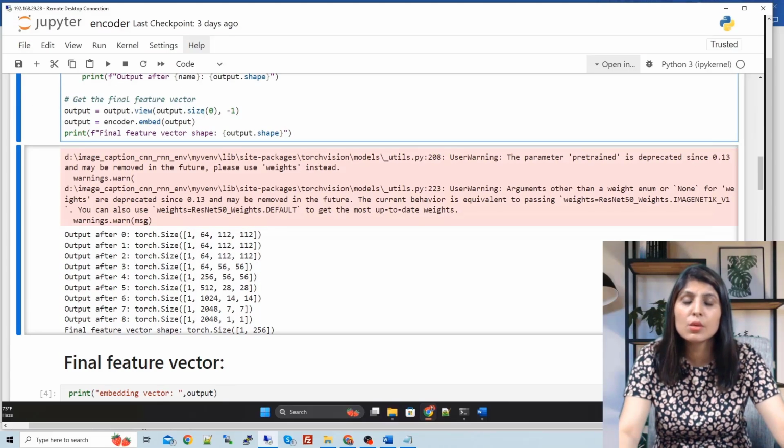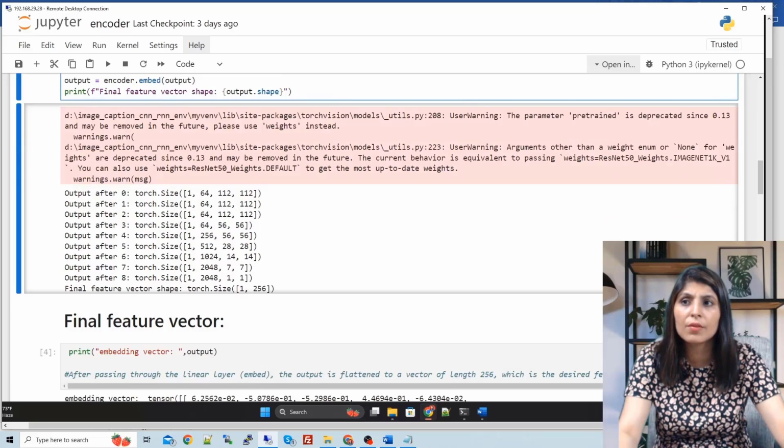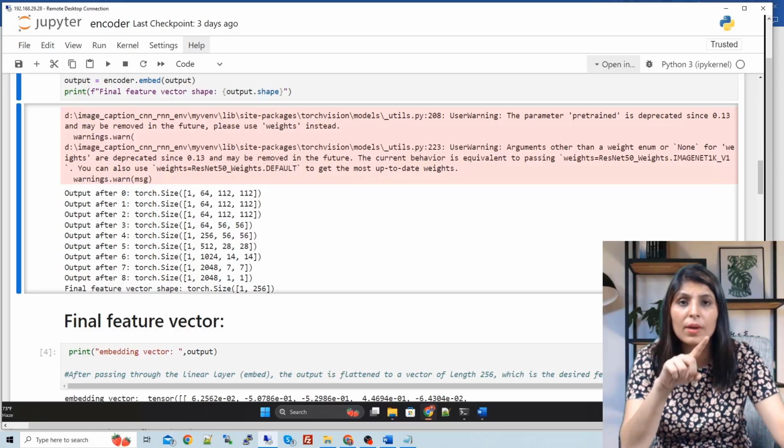64 means 64 feature maps of size 112 by 112. After the second layer, this is what you have, and as you scroll down, the final feature vector shape would be 1 and 256. What it means is that this is the feature vector for a single image, so that's why 1, and we have defined the embed size as 256.